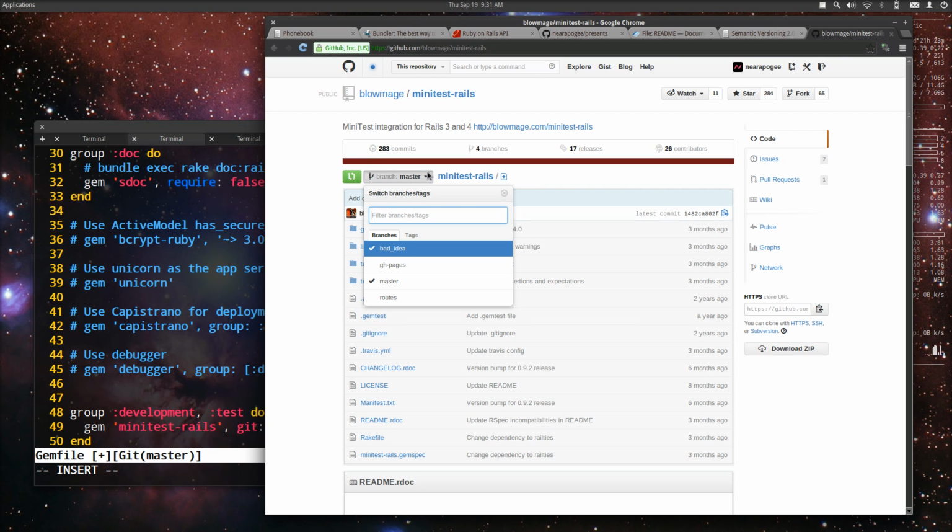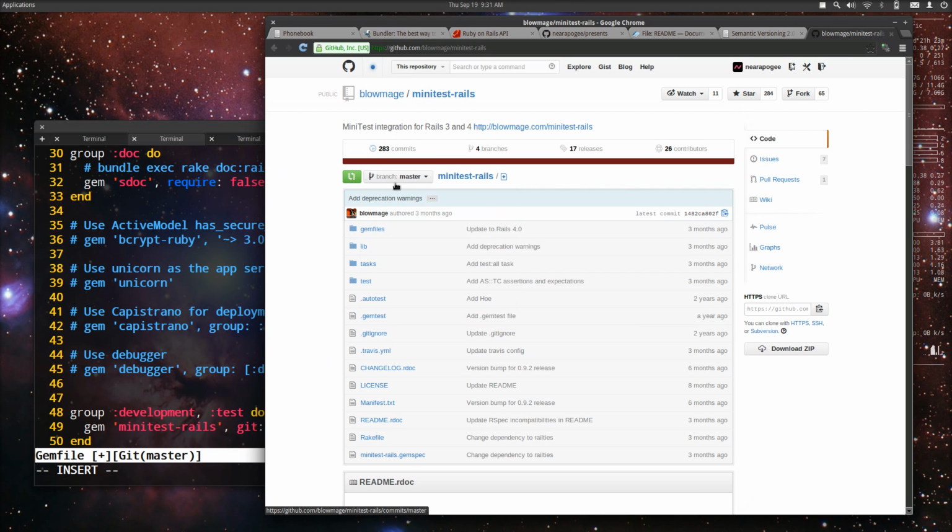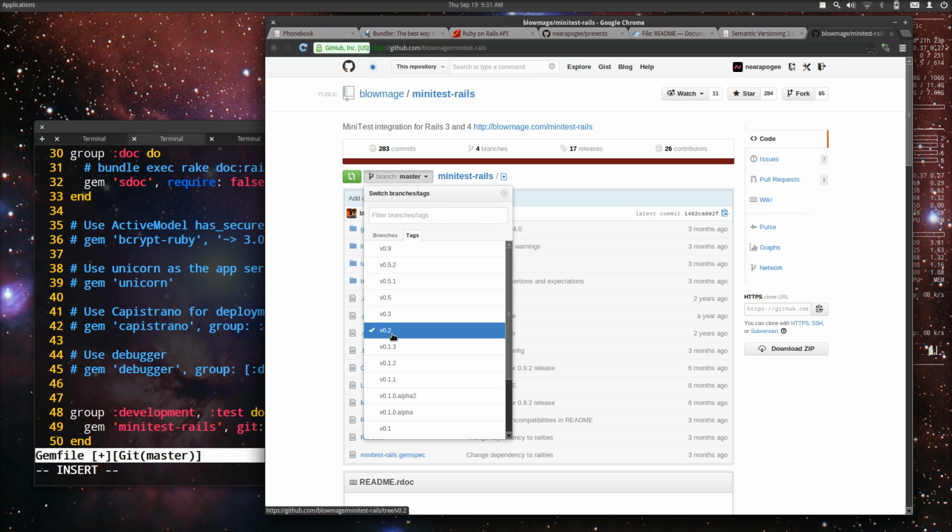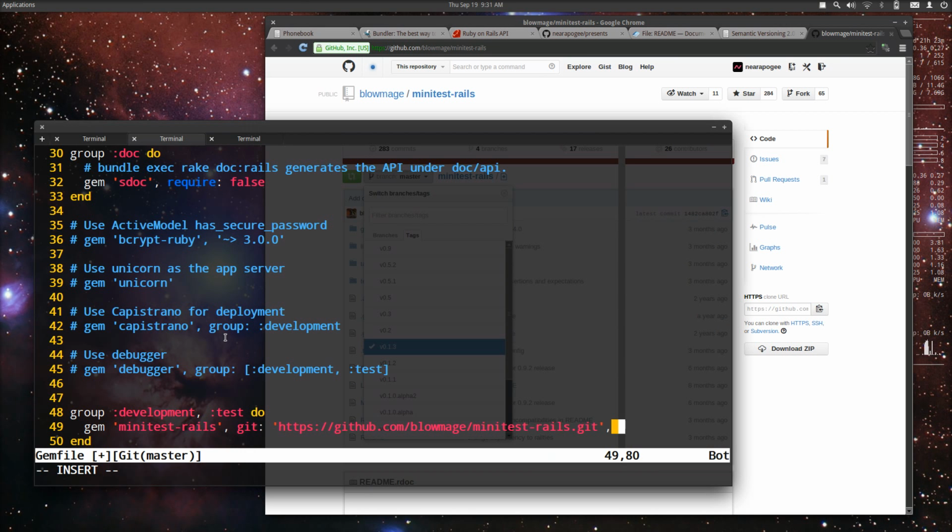He doesn't have any tags or really branches, but if we wanted, we have tags. Tags, if we wanted to check out a specific version, 1.2 or something like that, we could do,